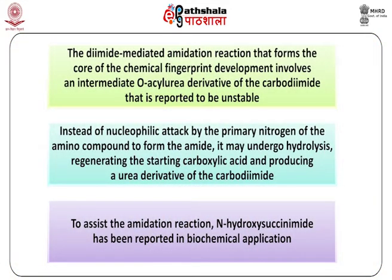The diimide mediated amidation reaction that forms the core of the chemical fingerprint development technology involves an intermediate O-acyl urea derivative of the carbodiimide that is reported to be unstable. Instead of the nucleophilic attack by the primary nitrogen of the amino compound so as to form the amide, it may undergo hydrolysis, regenerating the starting carboxylic acid and producing a urea derivative of the carbodiimide. To assess the amidation reaction,